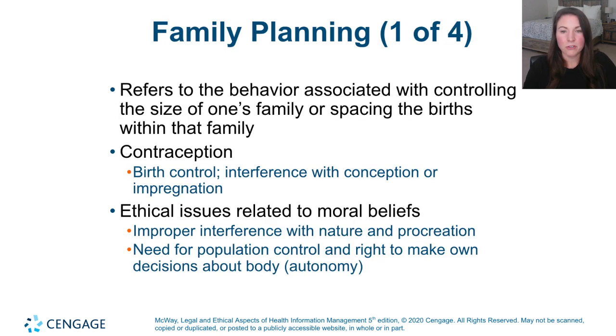Family planning refers to trying to control your family size or the timing between children. You can do this by using contraception, so trying to prevent pregnancy in the first place. The ethical issue with contraception is that it interferes with the purpose of sexual activity, which is creating life. On the flip side, others are big advocates for contraception because they say we need to control our population growth because of how we're affecting our planet's resources. And others like it so that women can make their own decisions about their bodies, okay?